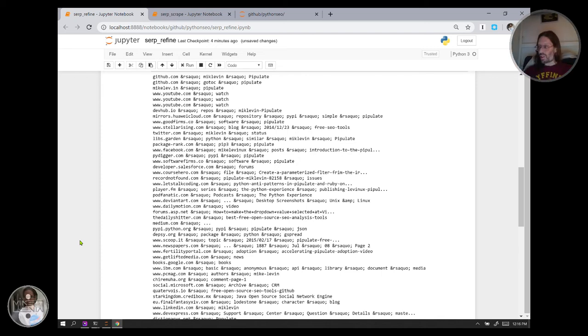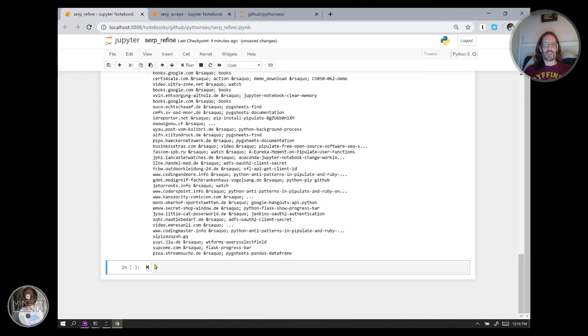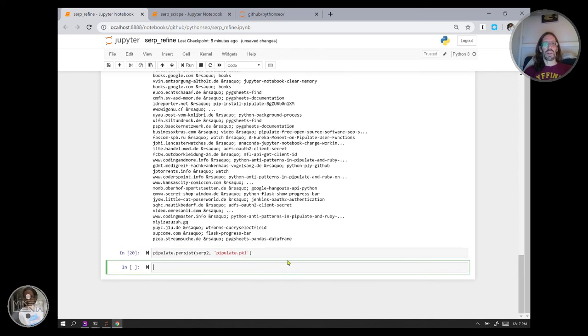But you know what? Occam's razor, man. The easiest solution is often the best. You just don't want to do this that often. This SERP2 object is more valuable than ever because these num equals 100 things you don't want to re-execute against Google all the time. So pipulate.persist. We just drop SERP2, and I would drop it onto the drive as pipulate.pkl. And if I were to kernel restart and clear output,